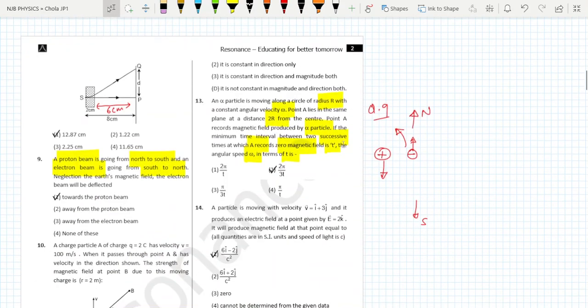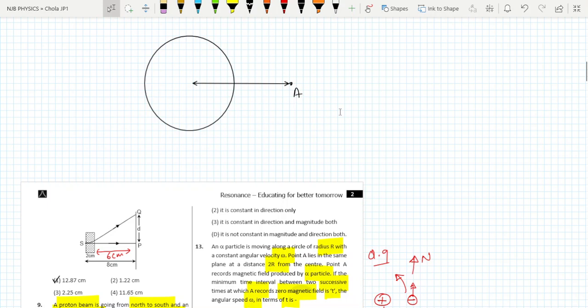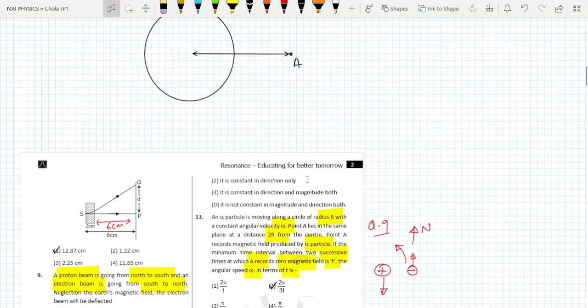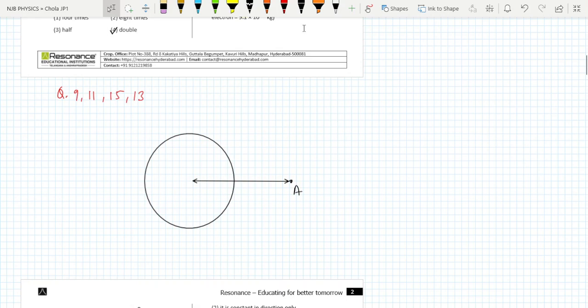Now according to the question, there are two moments when the magnetic field at point A will be zero. A records the magnetic field produced by the alpha particle if the minimum time interval between two successive times at which A records zero magnetic field is t. Then we have to find the angular speed omega. So when will the magnetic field at this point A be zero? Okay, so the magnetic field at this point will be zero when the position vector and velocity vector are making just